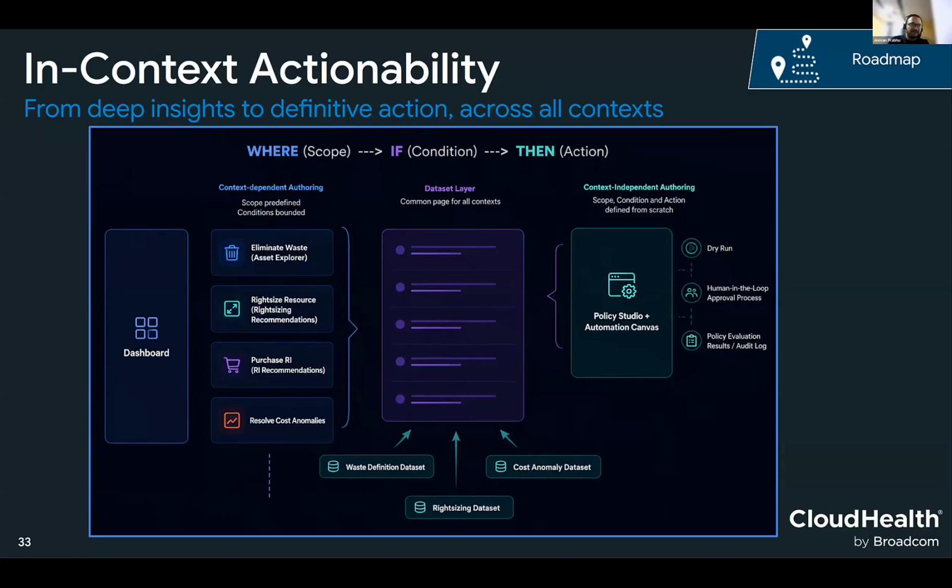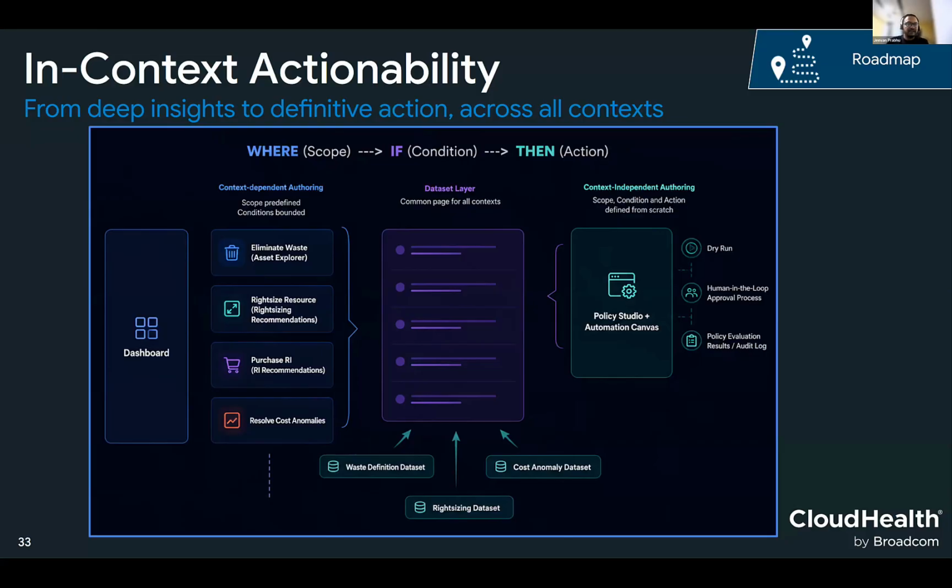You will see that context-dependent authoring of a policy, which is extended to every context possible. And we will drive it through a layer of datasets, because everything will be available to you as a dataset. There will be a dataset for right-sizing recommendations, a dataset for RI recommendations, and so on.